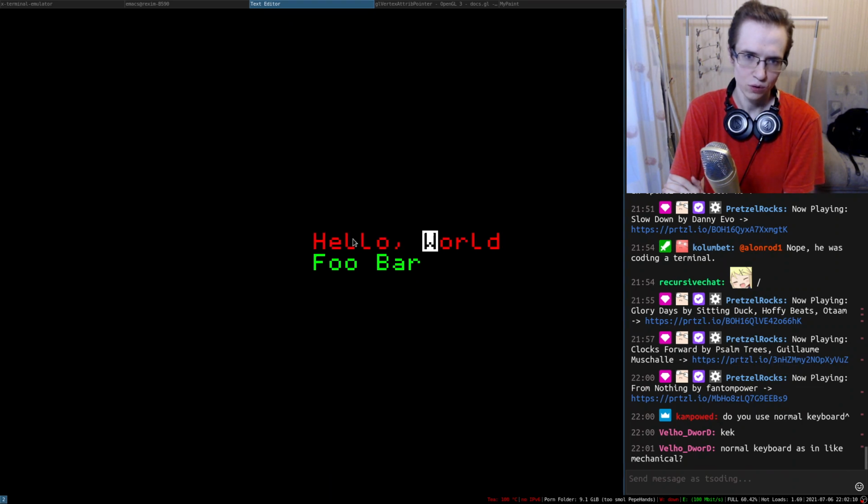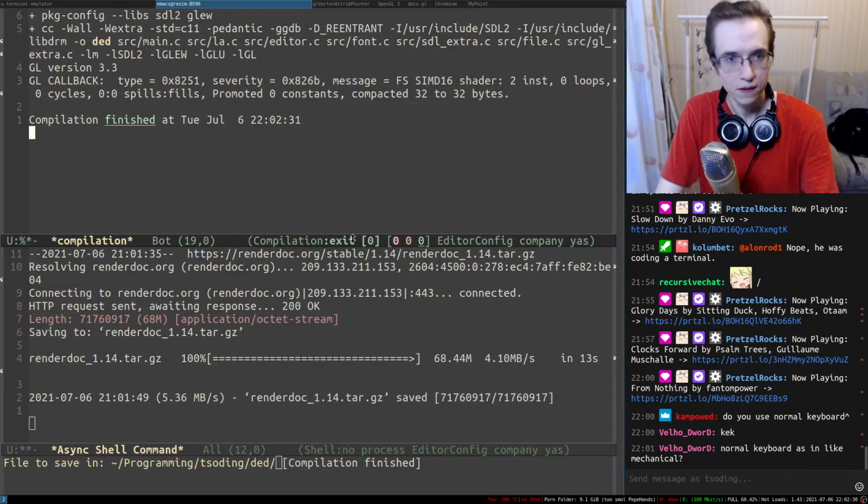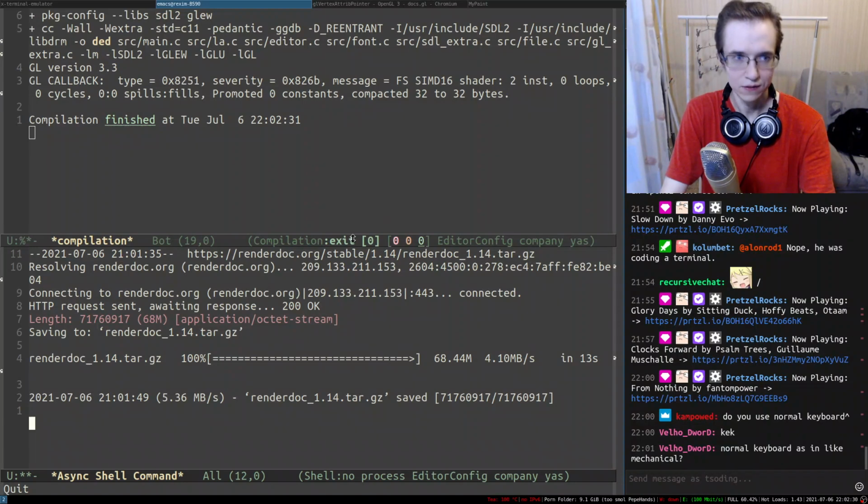The second draw call renders the cursor. But you also need to do this kind of thing. Okay, I think that's fine.